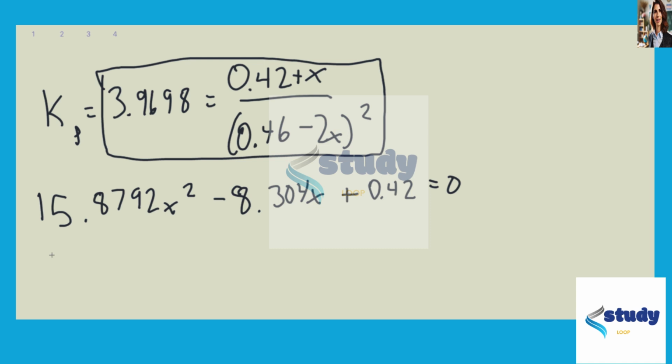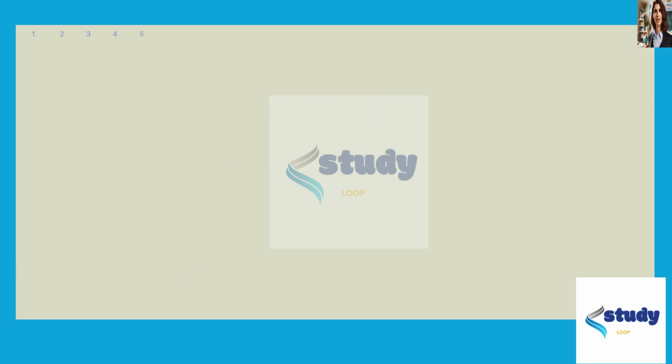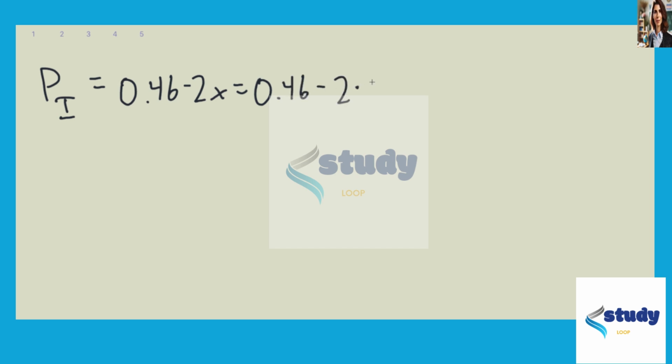And so now when we solve for x, we end up with 0.0567328. And again, I'm just keeping a bunch of decimal places for accuracy's sake. And so now that we have our x, we can find our new equilibrium pressures. So the partial pressure of I was 0.46 minus 2x. So 0.46 minus 2 times 0.0567328. And that equals